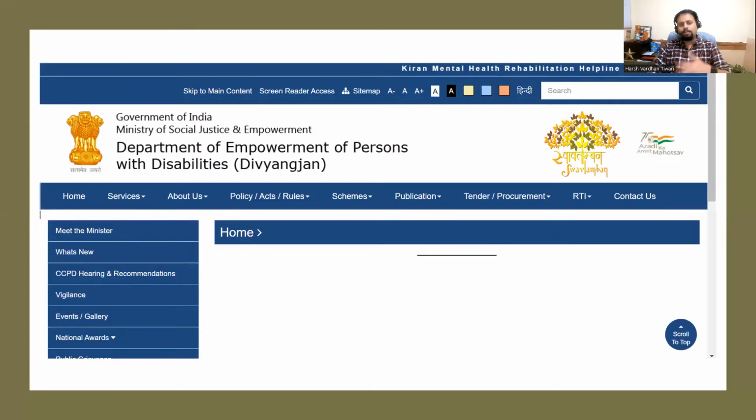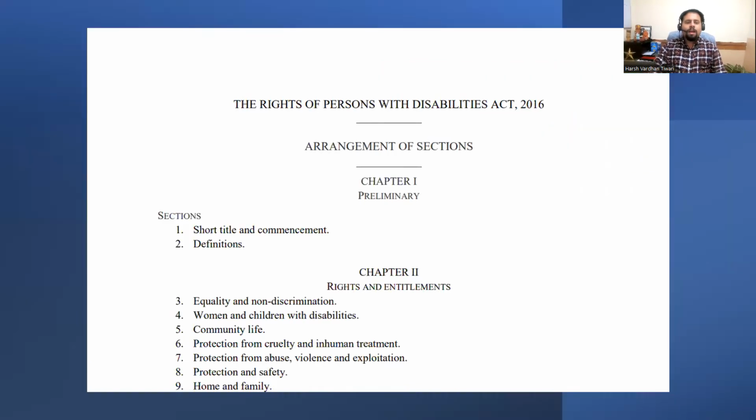Let's come down to India. There's a Department of Empowerment of Persons with Disabilities, the Divyangjan, and this department is within the Government of India Ministry of Social Justice and Empowerment. There are various schemes and laws created for these Divyangjan, and their development, social justice and empowerment come under the Department of Empowerment of Persons with Disabilities. In India, there's also a law on this point, which is the Rights of Persons with